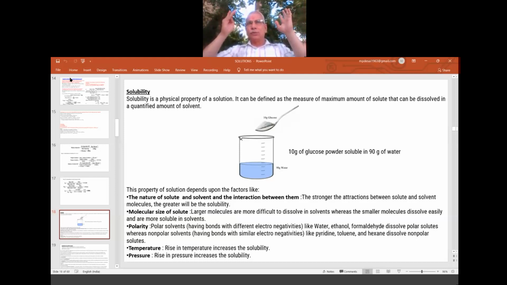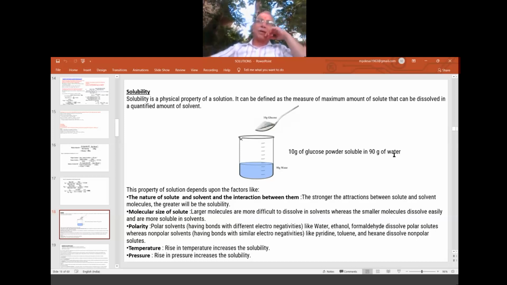Means what? You take 100 gram of water and add a first pinch of salt, second pinch of salt. So go on adding pinch by pinch. A time will come where one extra pinch will remain as it is. It will remain insoluble, undissolved. Now enough. Excluding that little amount, whatever remaining amount is, that is taken as soluble. So the maximum amount of solute that dissolves in the known amount of a solvent is nothing but the solubility of that chemical.